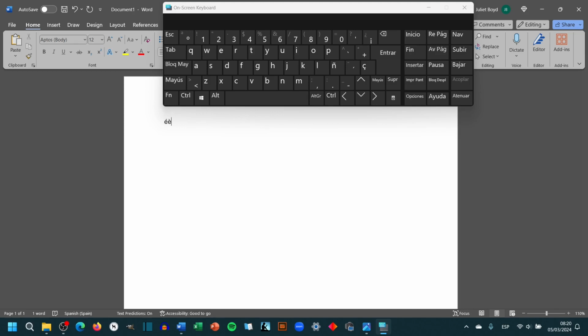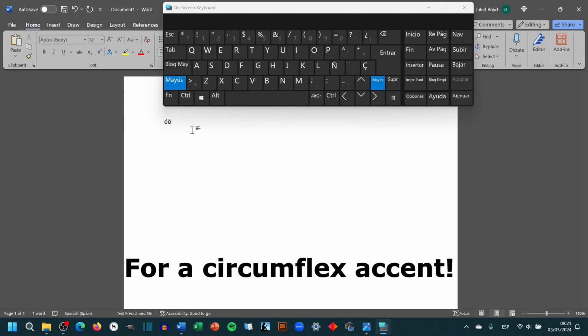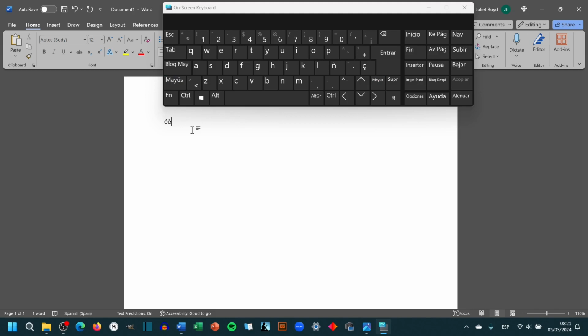Now, as we discussed before, some of the accents are on the shift key. You'll see if I press the shift key and then a U, it doesn't come up. This, I discovered, is a bit of a glitch.